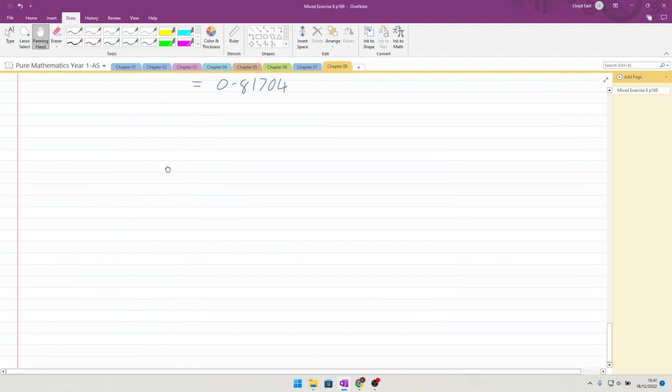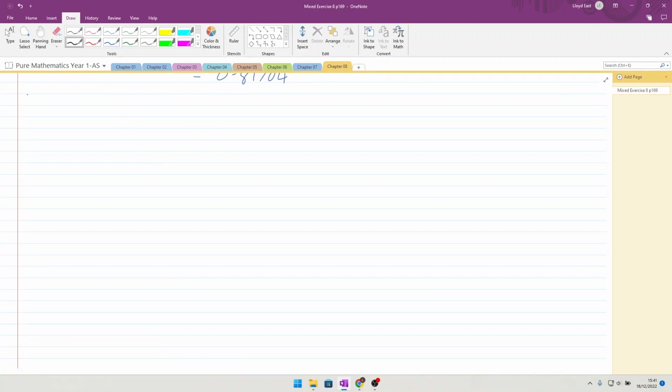Question 7 then. Use a binomial expansion of (2 minus 3x) to the power 10 in ascending powers of x up to and including x cubed. Give each coefficient as an integer. So, we can do